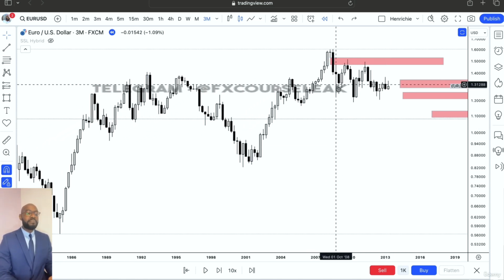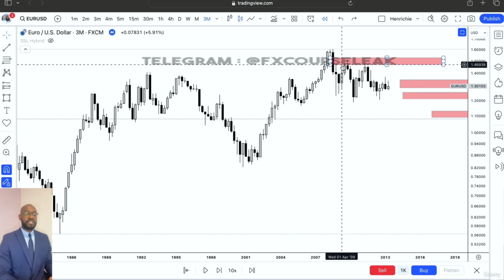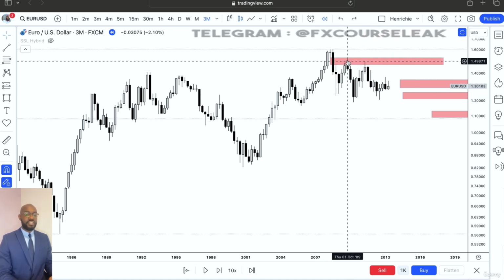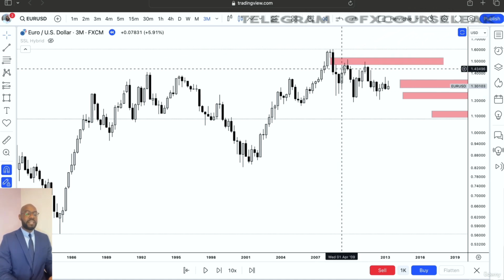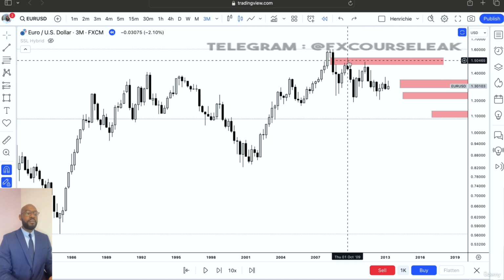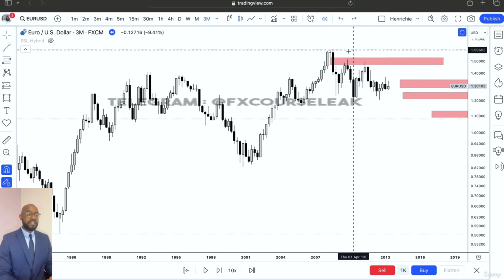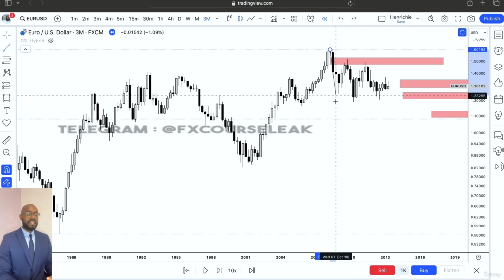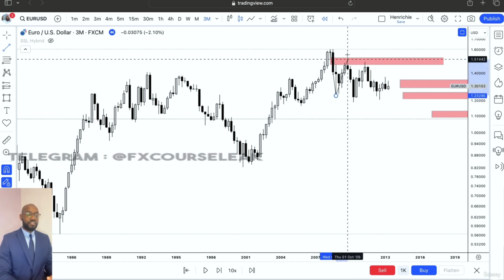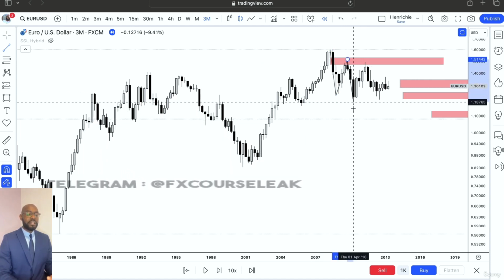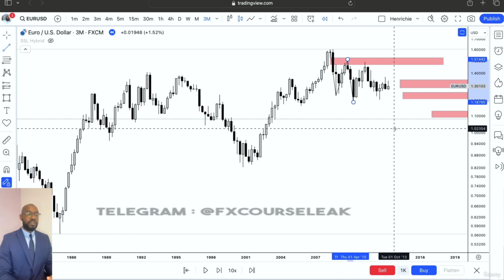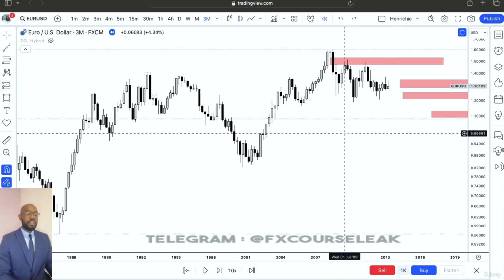Now, the moment price made this high right here and dropped down, leaving this inefficiency, all we're anticipating to see is price coming to this inefficiency. If it comes into this inefficiency and we see price drop down, breaking this previous low, which is now showing us a downtrend, creating a lower high and a lower low, the moment we see this, all we're looking for is